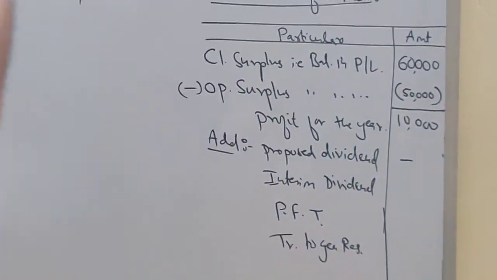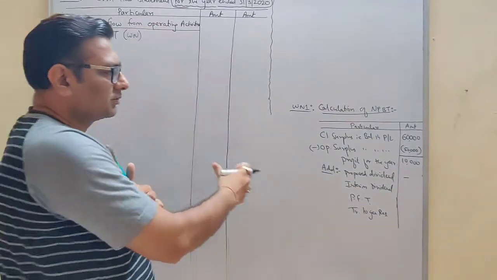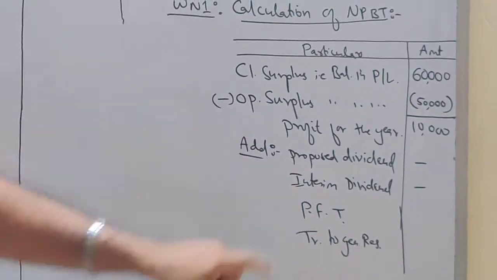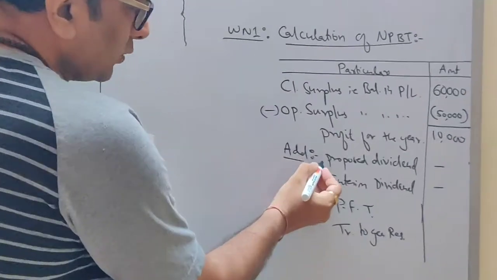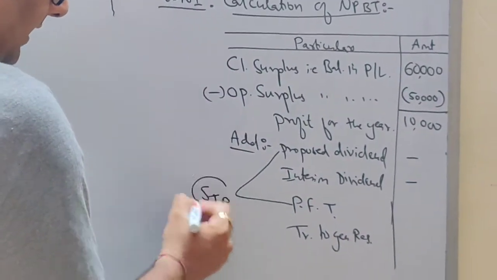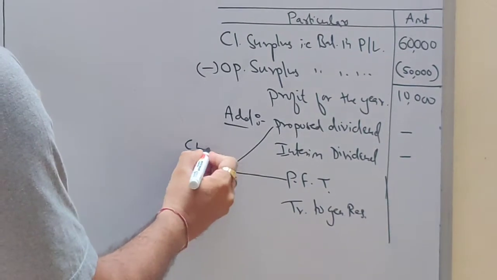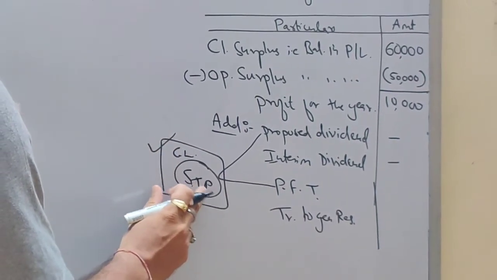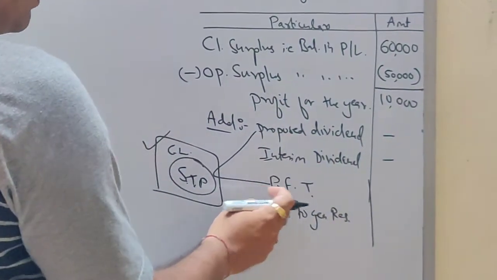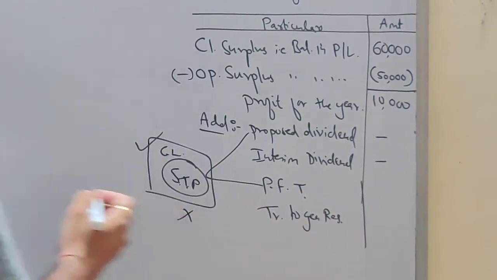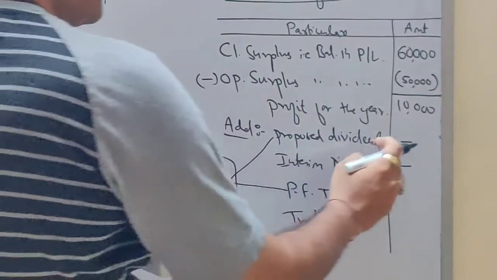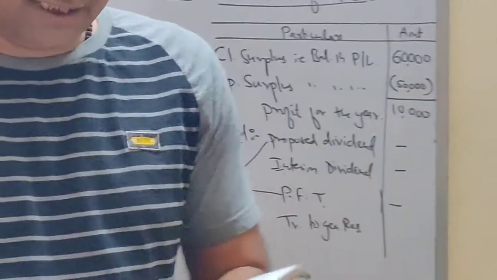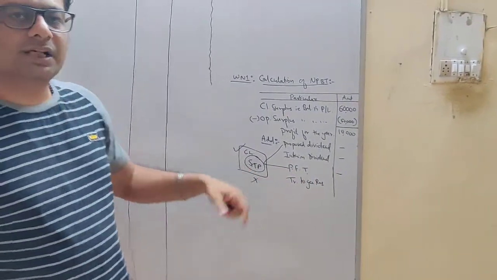Interim dividend, where will it be given, students? It will be given in adjustment. This is a sum which we have taken without adjustment, so there is no adjustment in this. So interim dividend is also not there. Provision for tax, where will it be given, students? Under short-term provision. Both these items, proposed dividend and provision for tax, will be given in the question under current liability as short-term provision. In this question this is not there. They have not given us proposed dividend, they have not given us provision for taxation. Both are missing. They have not given short-term provision in the sum.